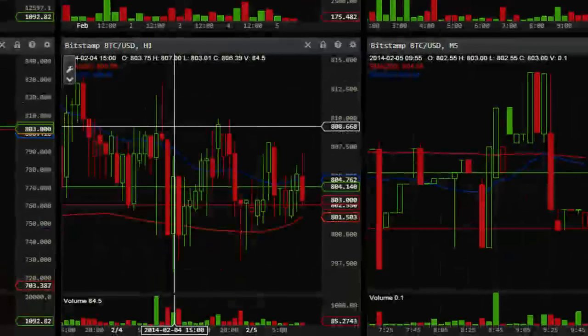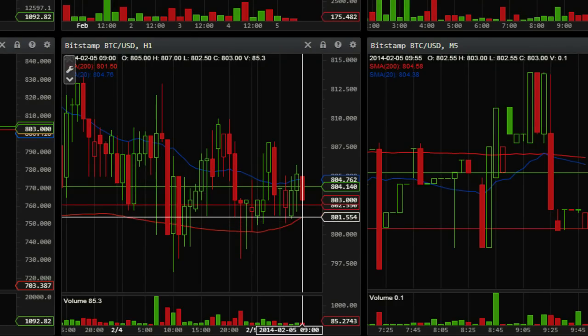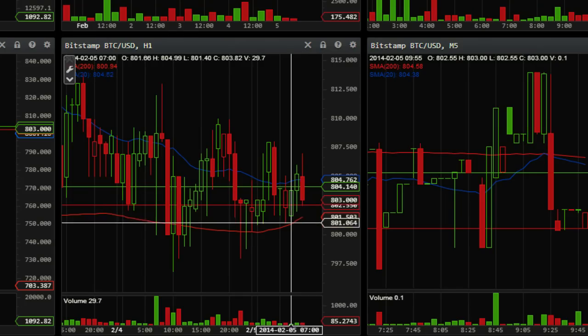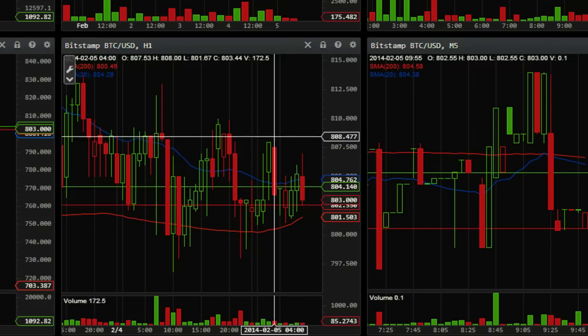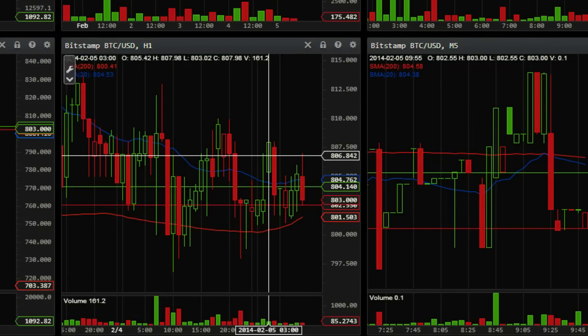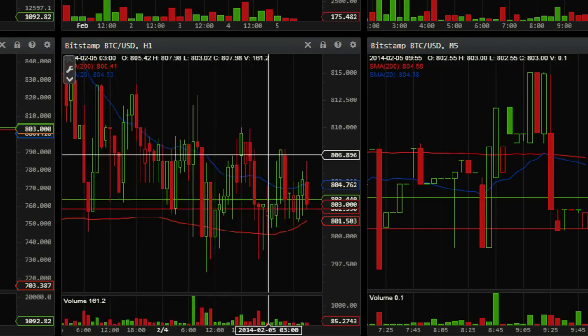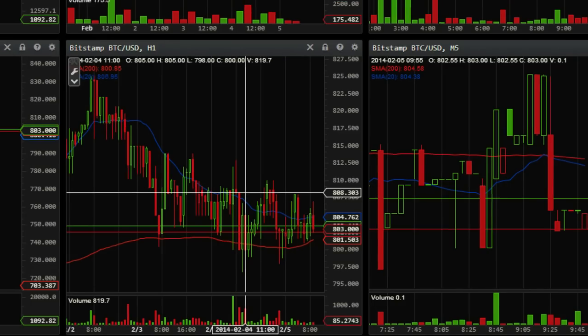And last but not least, this is a 60-minute chart, sideways, but with the price above the SMA 200. SMA 200 now is turning into positive growth. We'll see what happens with that. And the 60-minute chart can give us some kind of signs. If the price pushes above 807.98, that could be a possibility. Otherwise, it has to penetrate 796.83 to go a little bit more bearish in that sense.